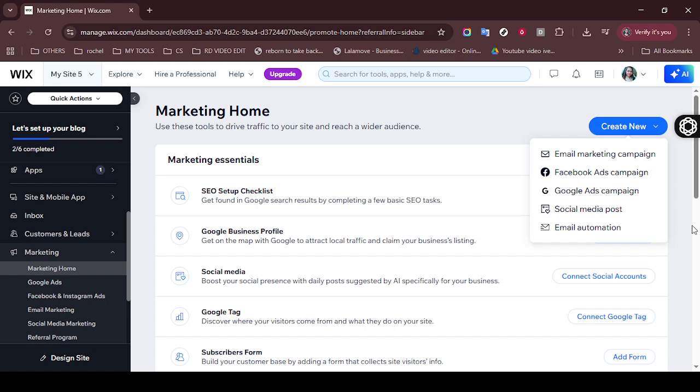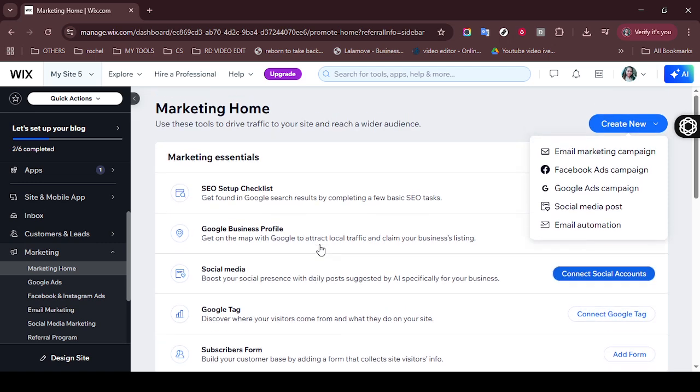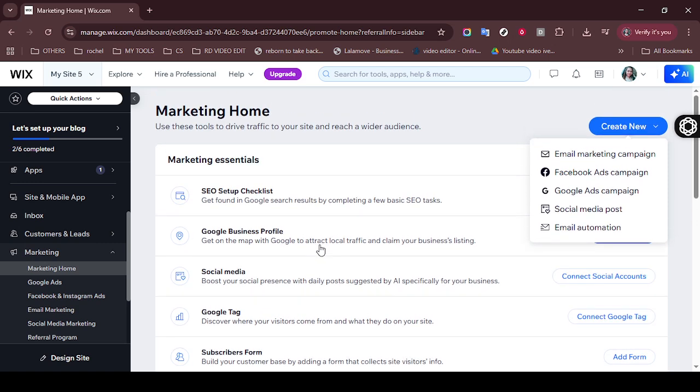It is now live for the world to see, with a fresh design and all the original content you wanted to carry over. And that's it! You've successfully moved your content into a fresh template on Wix. Remember, while Wix doesn't offer an option to switch templates directly on a live site,